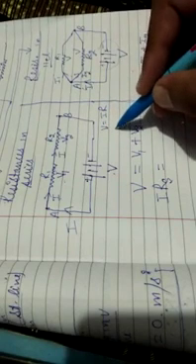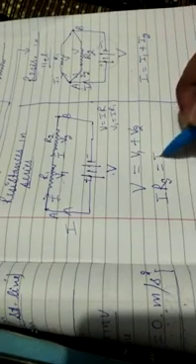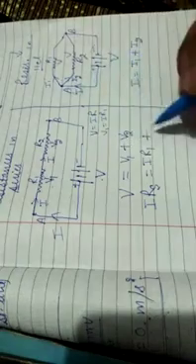V1. Now where there is a potential V1, the current is I, but the resistance is R1. Can I use the same formula? V1 is equal to I, which is the same, but R will be R1. So let me apply the same, I into R1. Then for this V2, the current is I, but R is R2. So the same formula, I into R2. I think it has been clear.